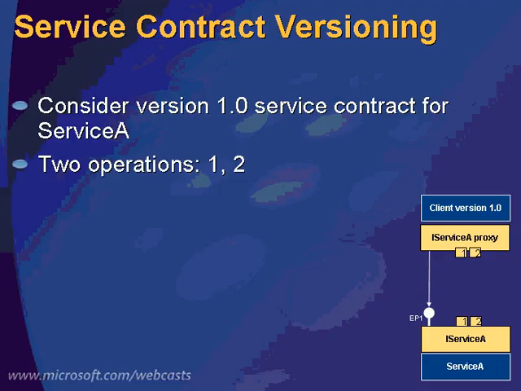Good, good. Okay, so what we're looking at here is the service contract Service A is implemented on the Service A type. So Service A is my actual service type. I'm exposing that over endpoint 1 right over here. It's got 2 operations. The clients that generate a proxy from that know about the endpoint, know about the 2 operations, and this is a version 1 client, right? So just consider this as a starting point